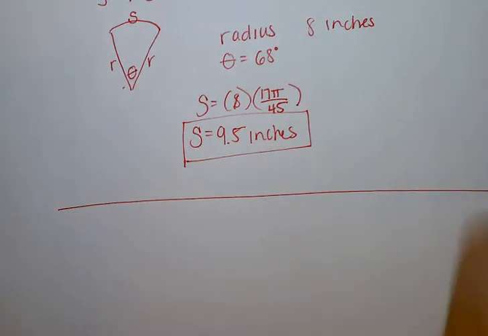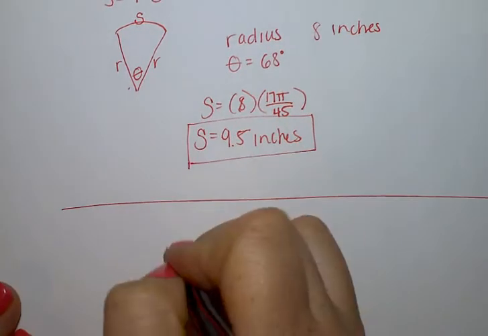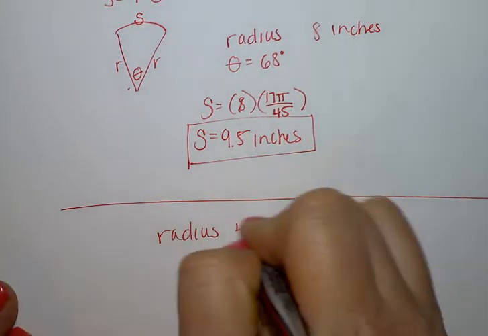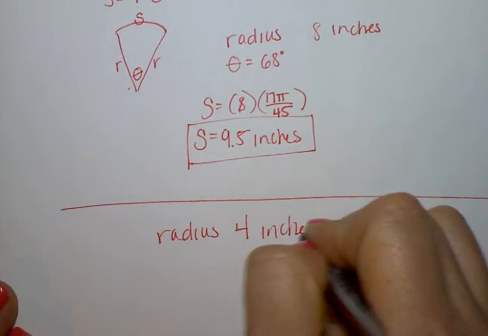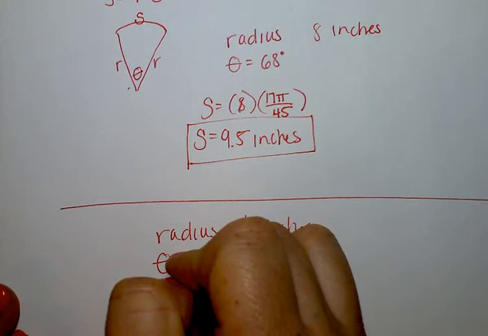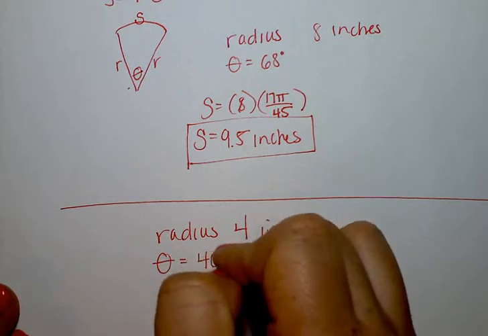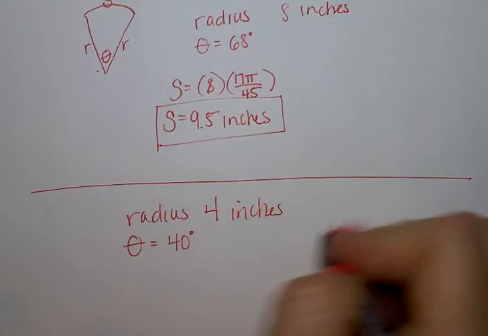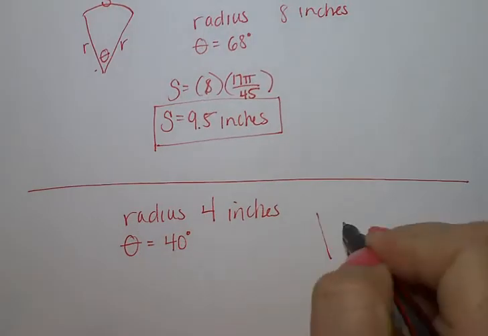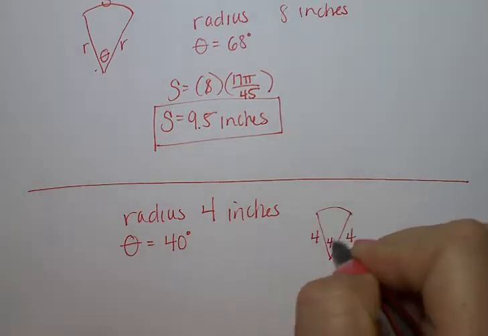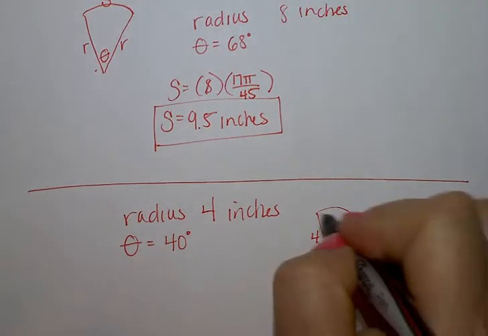Okay, your next one is going to be the area of a sector. So we'll give you a different sector. This one has a radius of 4 inches, and an interior angle that is equivalent to 40 degrees. And we want to figure out what is the area of this. So think of this here. We got a slice of pie here. This is 4, this is 4, this is 40 degrees,